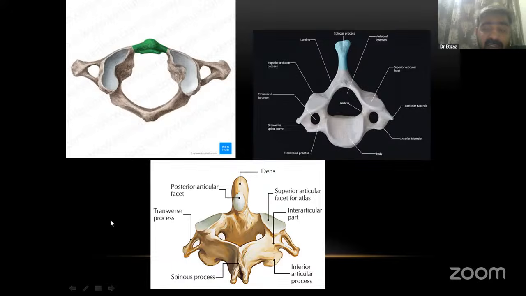That's why when you see the thoracic spine, the spinal canal is small. The vertebral foramen is very small as compared to the cervical, because in the cervical spine the spinal cord is more bulky. That's why there is a huge foramen. So